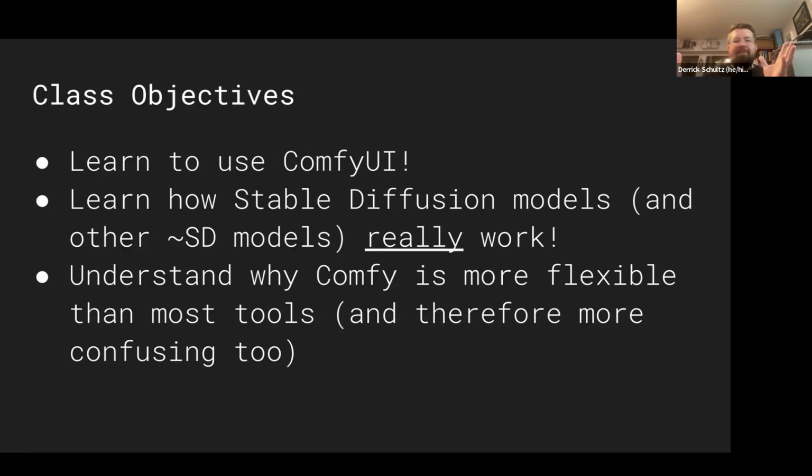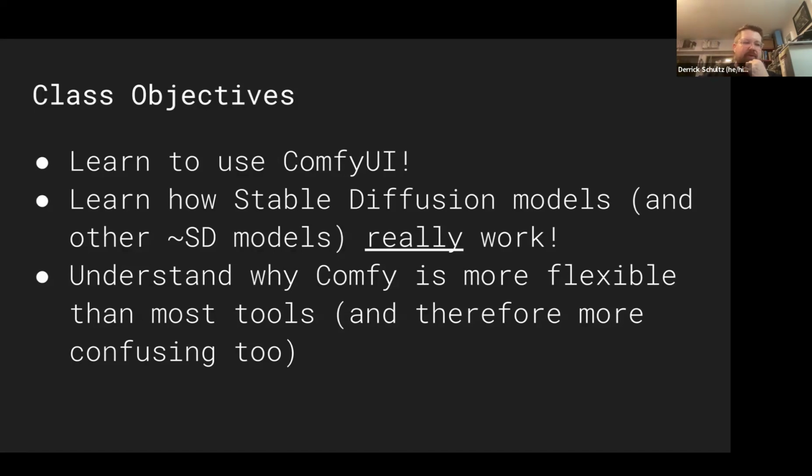So the flexibility of Comfy is really great, but it also means you could download someone's workflow, look at it, and be like, I have no idea what's going on in this thing. It's a bit like TouchDesigner in that way, right? People will embed little workflows inside of workflows inside of workflows, and you've got little turduckens of things you're trying to unpack when you see their work. And Comfy is very much the same way.